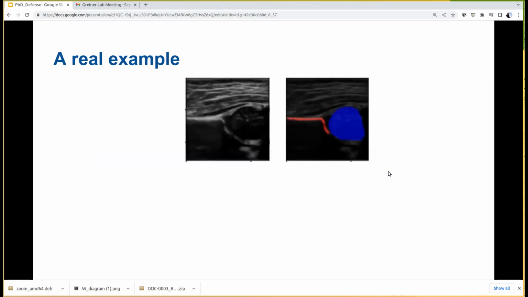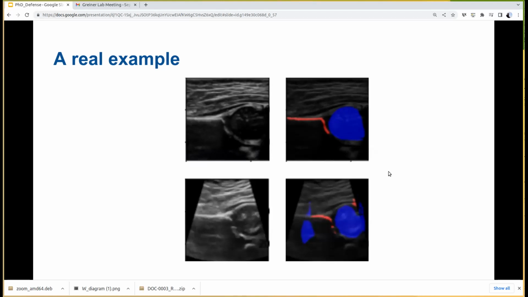So what is the effect of that? That when you train your segmenter and then you test it on a new image of the linear probe, you have a very good segmentation. But when you take it to the conic probe, then the segmentation is not nearly as good as the original, because they come from different distributions. This is the example of the blue square and the red triangle. The distribution is different, so it doesn't generalize.